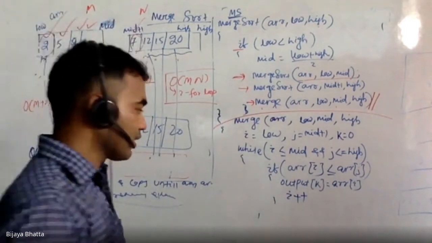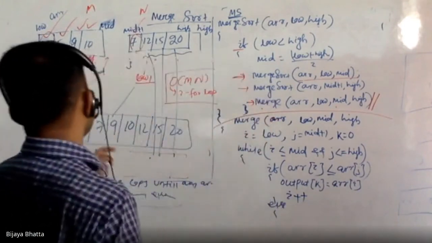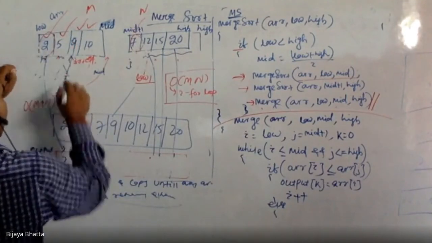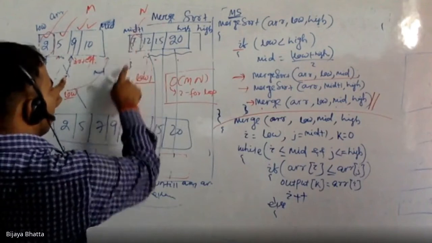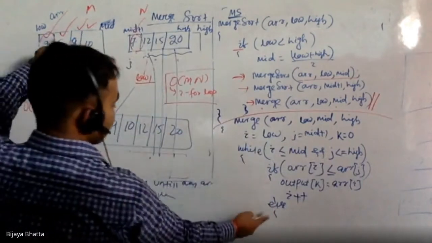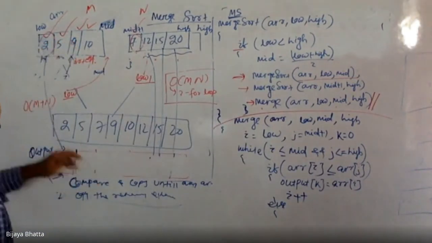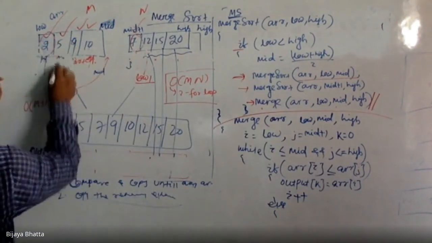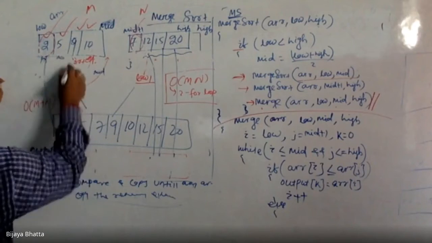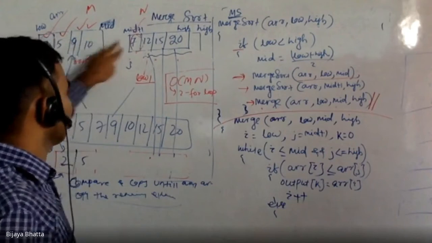Now there is an else. What do you mean by else? Else means this element is not smaller. Like if i is here and j is here, this time arr of i is greater, so it will go to the else, because this element is greater. That time you will copy this element from here to here. Let me do it step by step. I was here, 5 will be compared to 7. So 5 is going to come here, and now i is here, and arr of i is greater, so which element will be copied? The jth element.